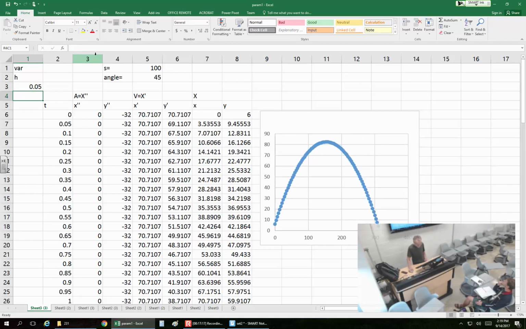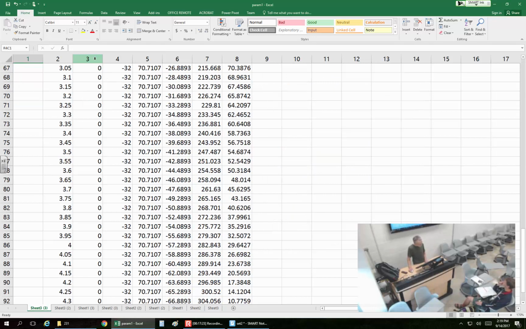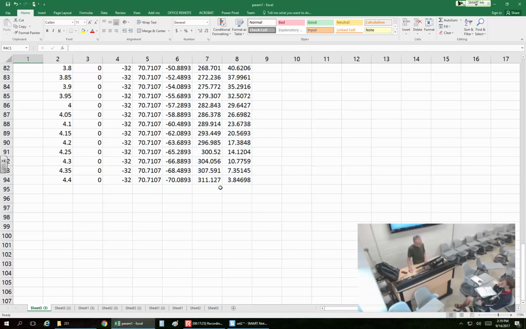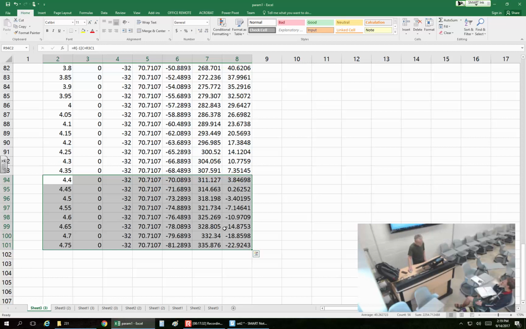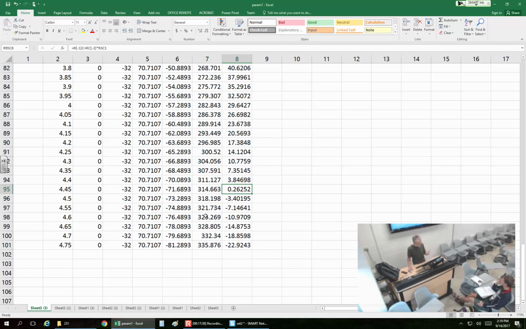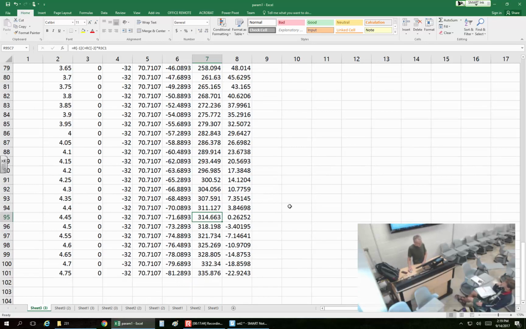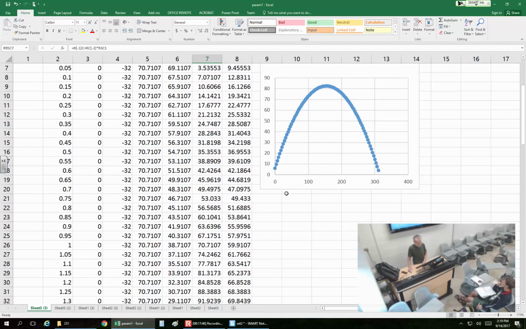Okay, so roughly you can see, that's the throw at 45 degrees. It lands about 300 plus feet ahead. The height at the very end is very low. I could add a little bit of data. So this is at the very end, this is where it hits the ground, right? This is the y coordinate, which is very low, and then how far it went, 314.663. Okay. So that's how far it went,